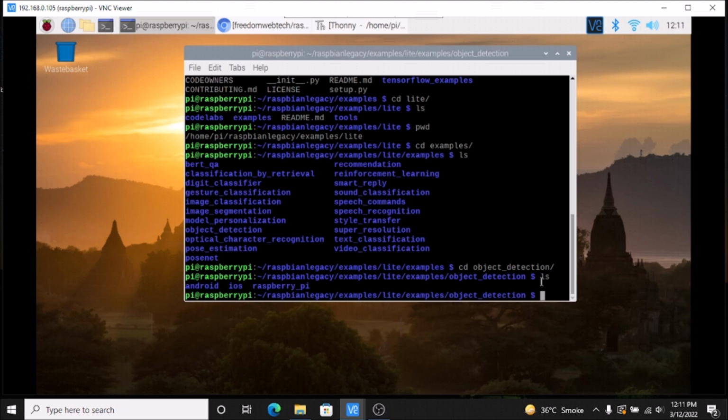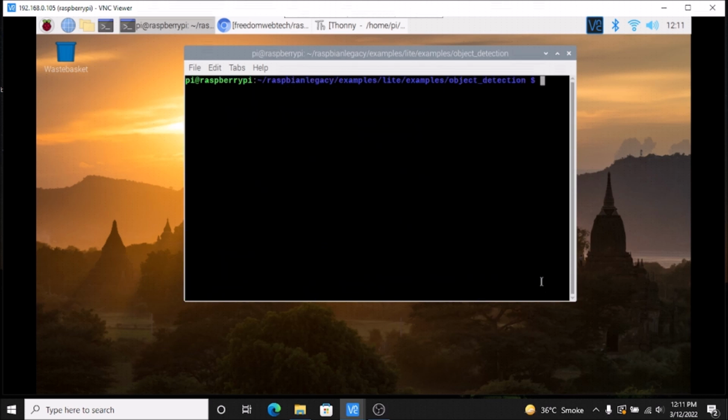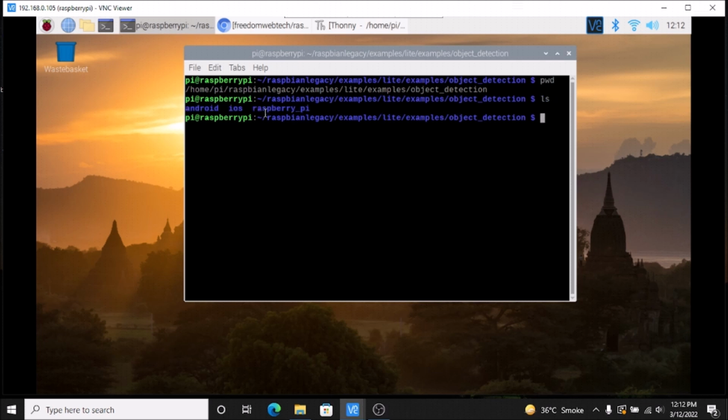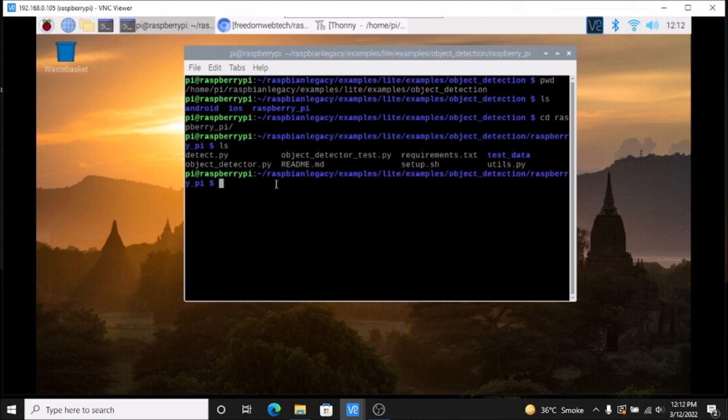So let me first clear the screen. Okay, so we are now inside. If I run the pwd command, we are now inside /home/pi Raspbian legacy examples Lite examples object detection, and here we have our Raspberry Pi folder. So again cd Raspberry Pi, hit enter, ls, and inside the Raspberry Pi we need to first make some changes